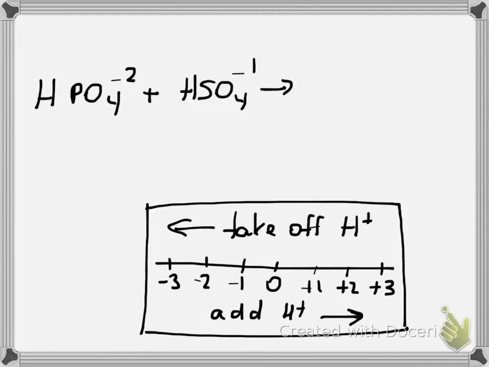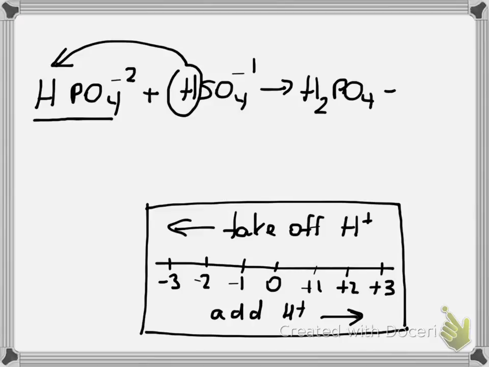Okay, next example. We'll have now this biphosphate ion acting as a base, so it's a hydrogen ion acceptor, so we're having it going this way. So atoms-wise, we're making H2PO4 and SO4, and charge-wise now, you've started over here with something that's a -2 charge, and you are adding on a